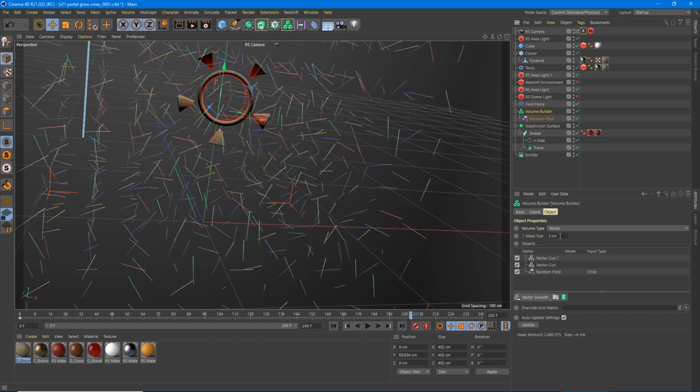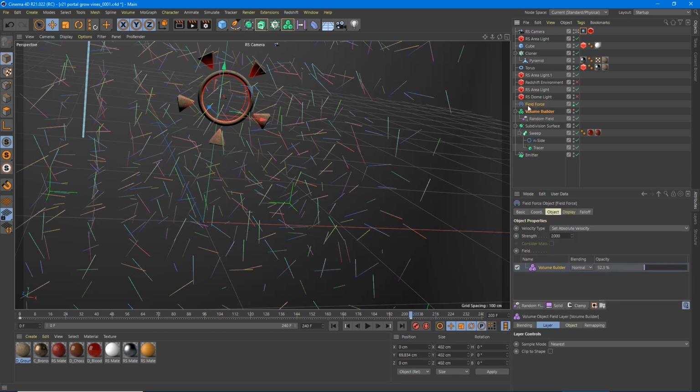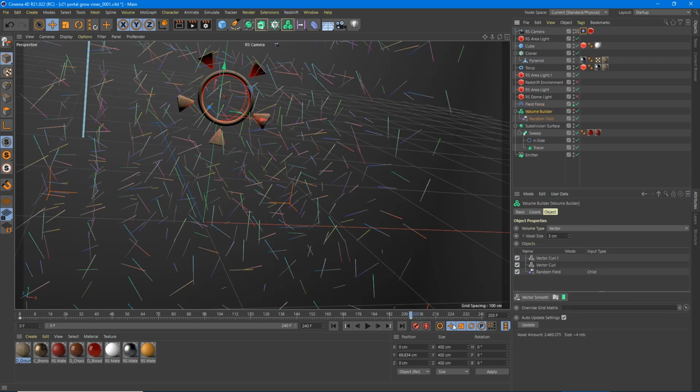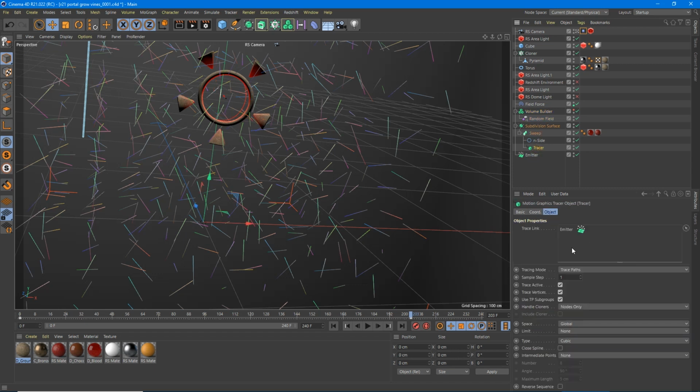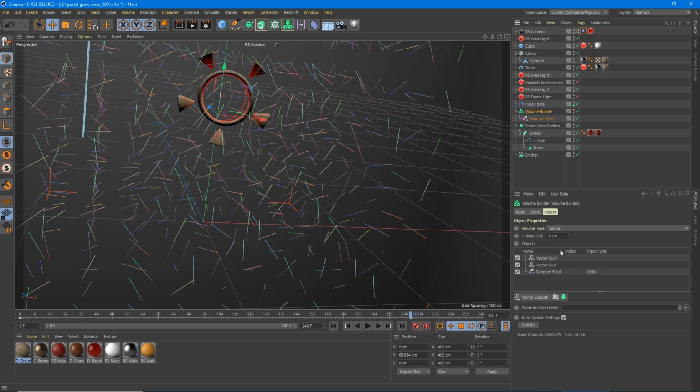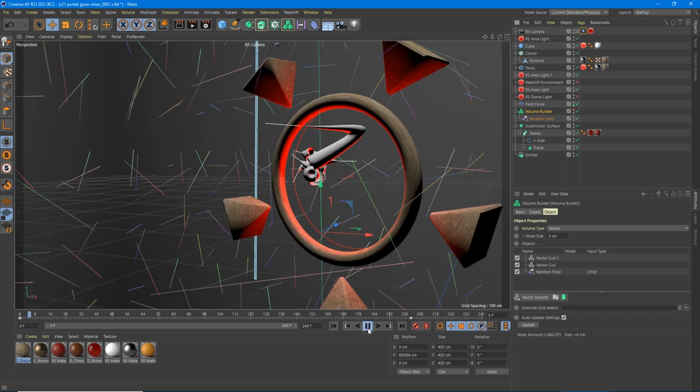One last thing I want to show you real quick is something that has to do with the vector curls within the volume builder here. Now what I've done here is I've set up the same thing we've got with the emitter, we've got the field force, we've got the volume builder inside of the field force, and then inside the volume builder we have a random field, and we've got our sweep and our tracer, which is linked to our emitter. So the same thing we've been doing, except now inside the volume builder we also have these vector curls. So when I hit play, you're going to see